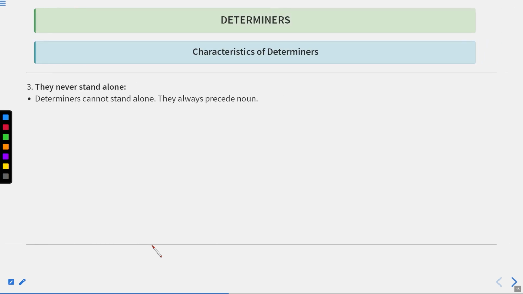They never stand alone. We cannot use determiners alone. They always precede a noun. Now, if I say she is good, you can see over here that good is an adjective which is standing alone. It means we need not write any word after it. Why so? Because good is used for she. But if I say she is my,